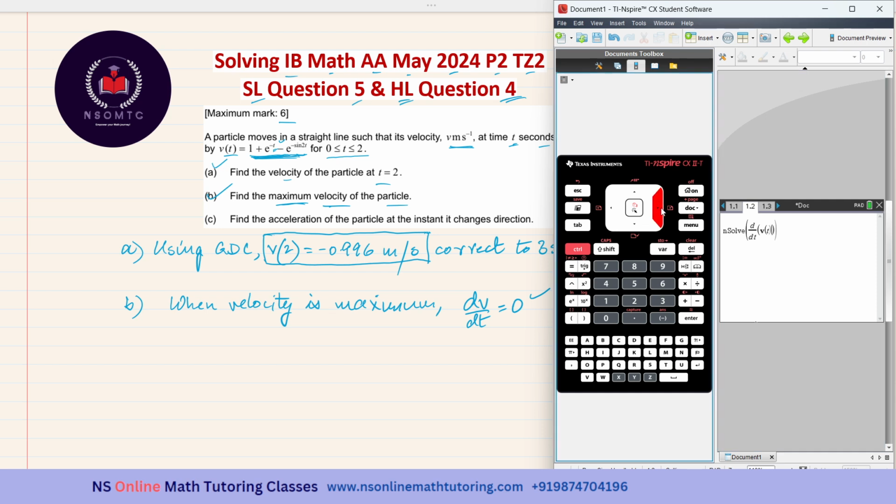This is equal to 0. And then I have to declare the variable and I come out. Now, in case an equation contains multiple solutions, nsolve will always give you only a single solution. So it is better to give some condition if that is there. Over here we can at least write that time will definitely not be a negative number. So we can write t is greater than 0, but I want to insert the entire interval: t is greater than or equal to 0 but less than or equal to 2.